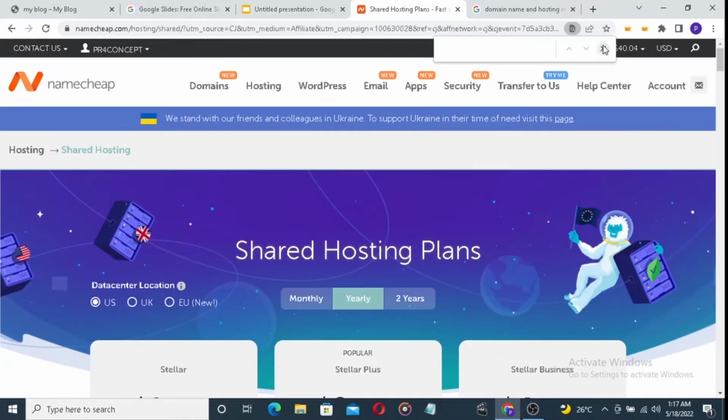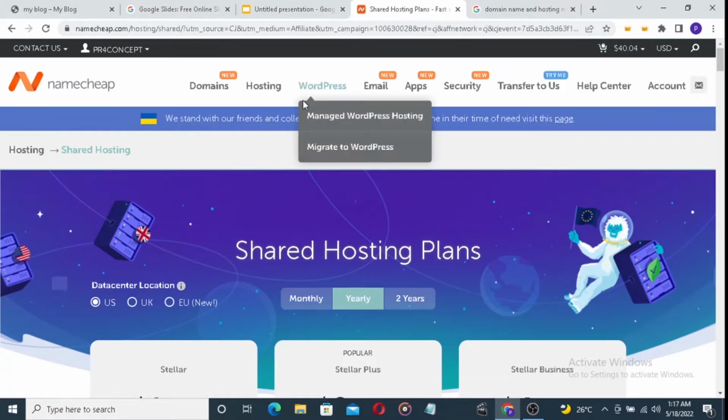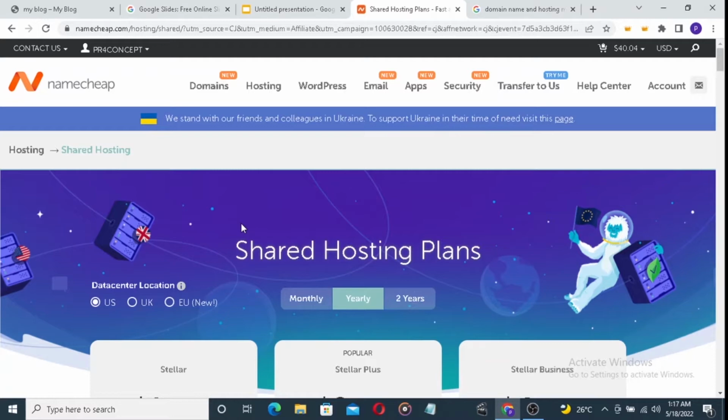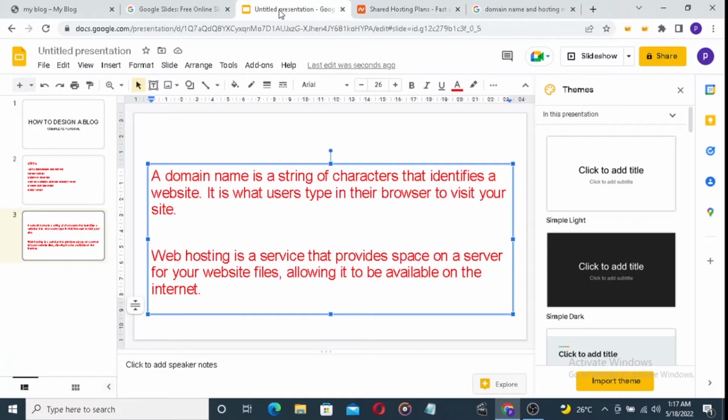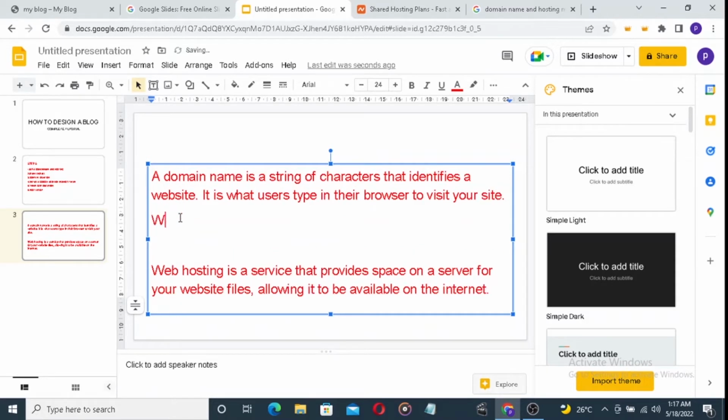Okay guys, as a beginner, a lot of people do not know what a domain name and hosting are. So let's look at what a domain name is. A domain name is a string of characters that identifies a website. This is what users type in the browser to visit your site. In simple terms, a domain name means the name your website is carrying, the name you choose for your website, like this: